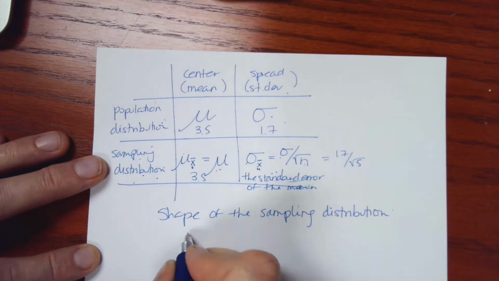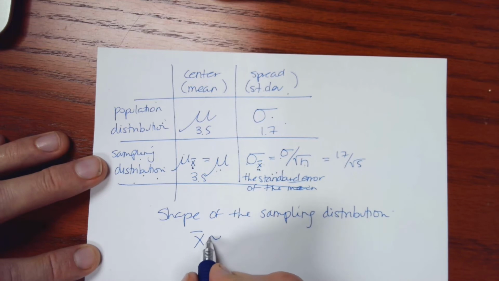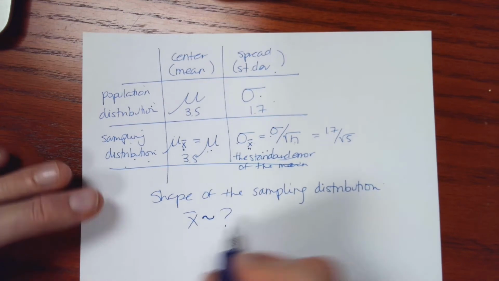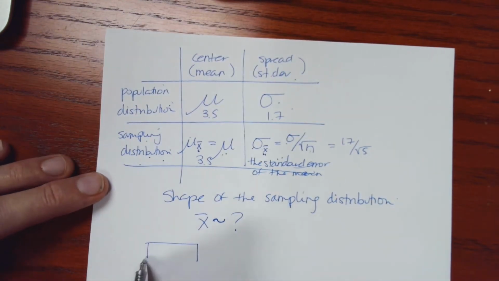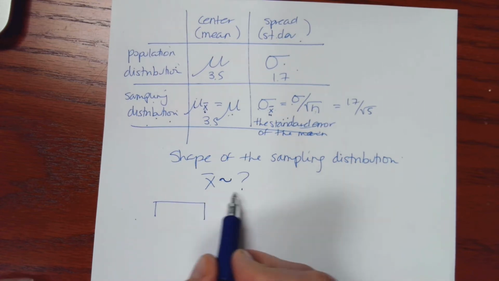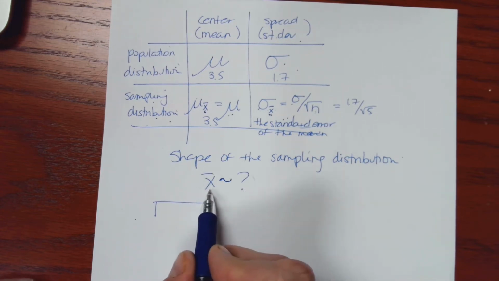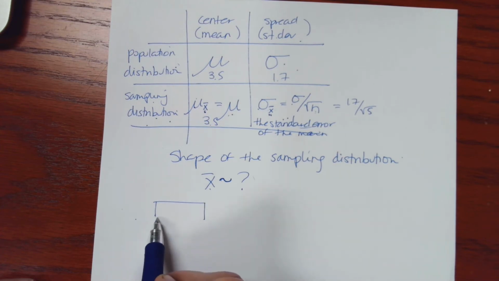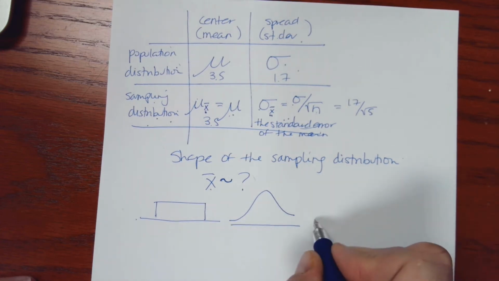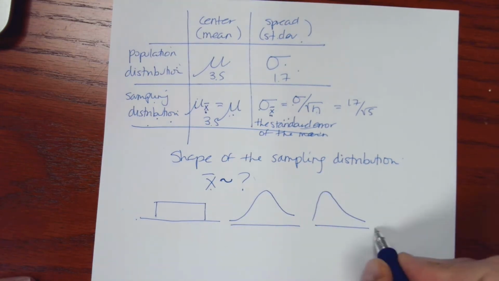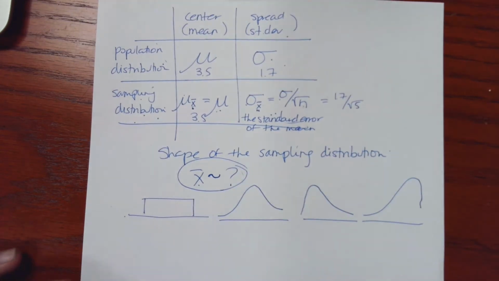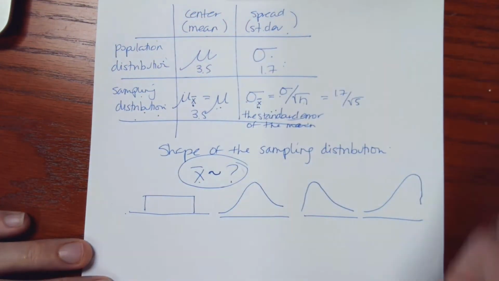In other words, can I answer this question? X bar follows a certain distribution. What would that be? So for instance, is this going to be uniform? So would we expect, if we were to draw a histogram based on our sample means, would it look like this, like a rectangle? Would we get a bell-shaped distribution? Maybe it'll be right skewed, or maybe it'll be left skewed, or some other distribution. It'd be nice if we knew the shape. We know the center and the spread, so